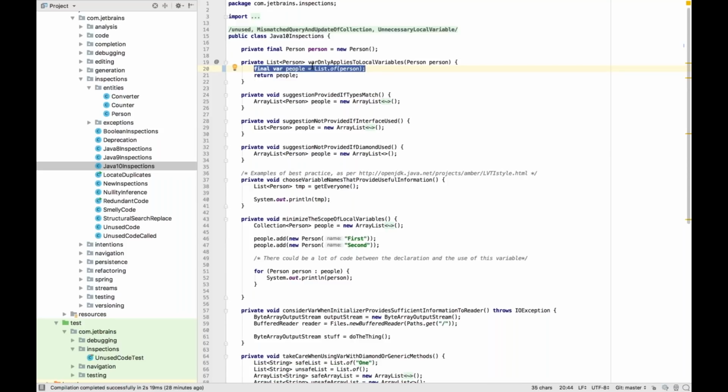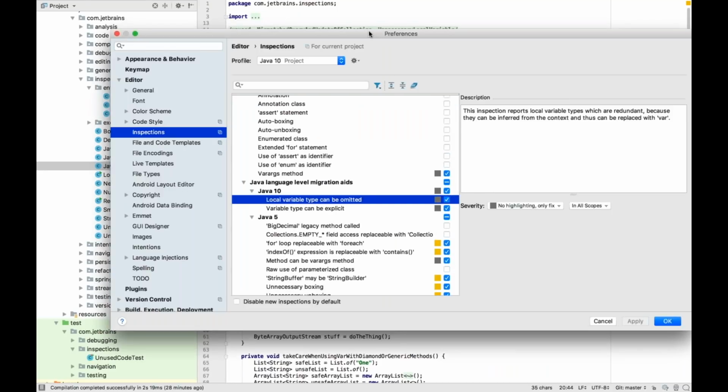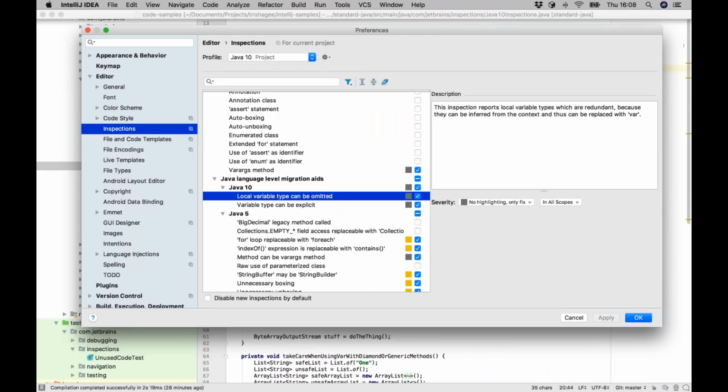Now, IntelliJ IDEA will help you figure out the places where your code could make use of this if you want to. So this is using inspections. Inspections are one of my favorite parts of IntelliJ IDEA because it helps me migrate my code to use something perhaps cleaner or more modern that I might not have been aware of. So if I open up my preferences window, so I did that by using command and comma on the Mac, but you can also do it from